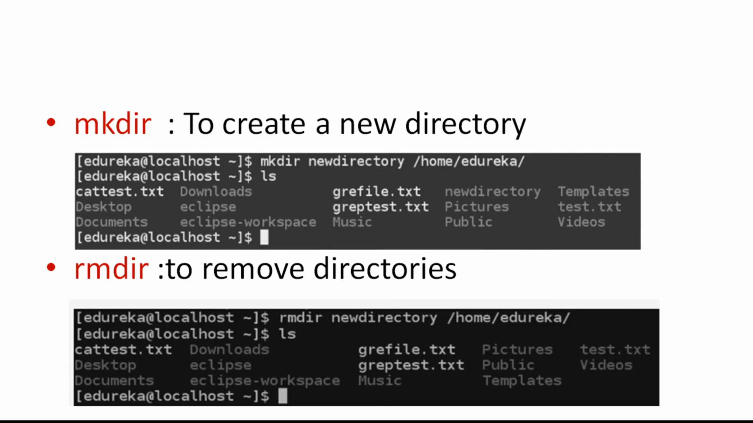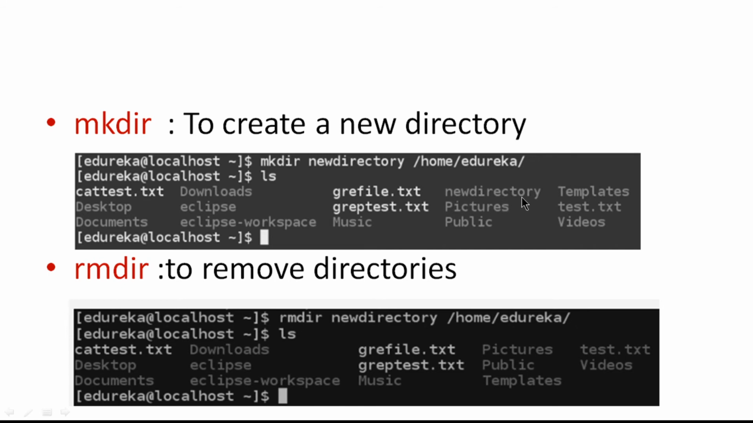So the next command is mkdir. Mkdir is used to create a new directory. If I use a command like this, mkdir new directory, and I've given /home/edureka, so you can see here "new directory" is the name of my new directory, and I've asked it to create it under /home/edureka. So edureka is my present working directory. I have typed the ls command, and you can see a new directory with the name new directory is formed